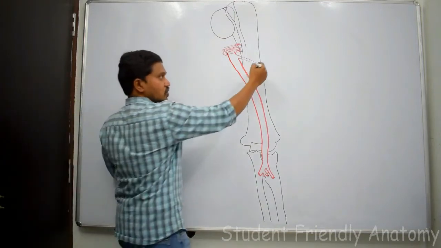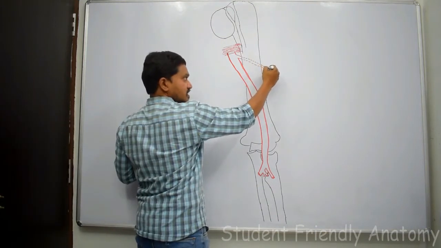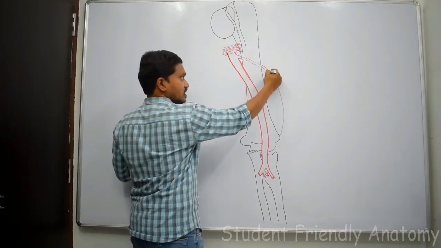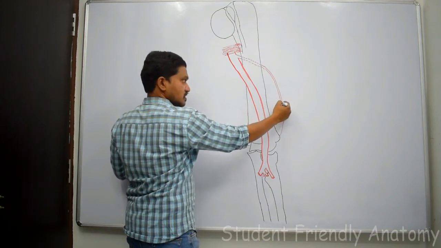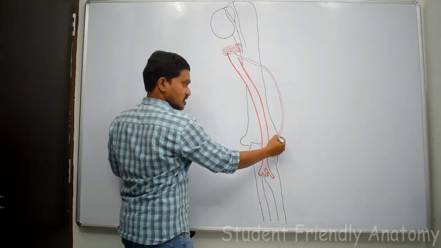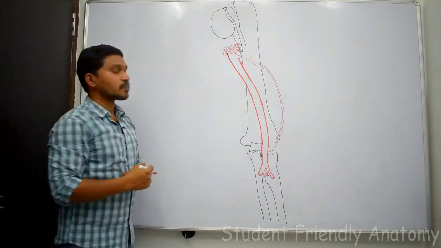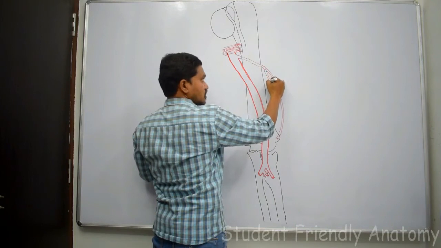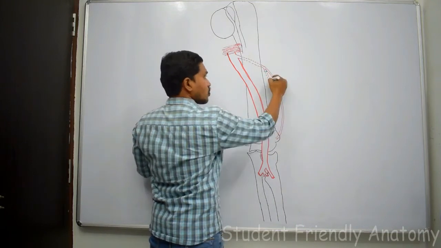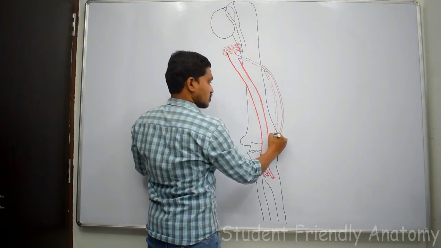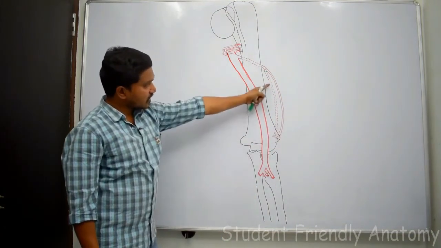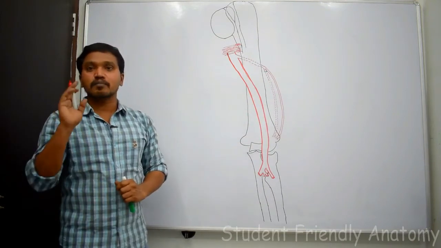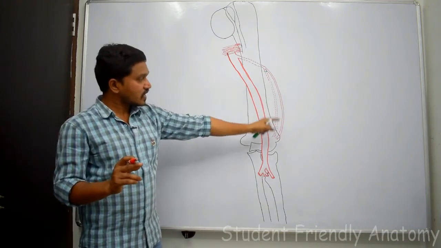Right? So this is the anterior descending branch. Then the posterior descending branch descends down. So this artery we are calling the posterior descending branch. Now here the anterior descending branch is there and here the posterior descending branch is there. Right? So these are the branches of profunda brachii. So these are the arteries in the lateral part.